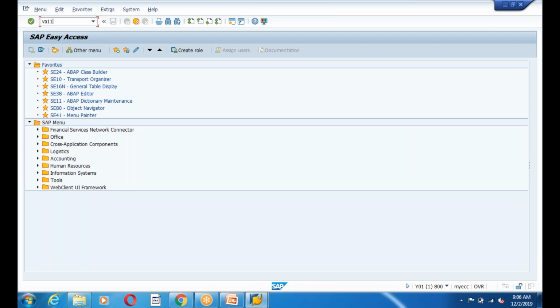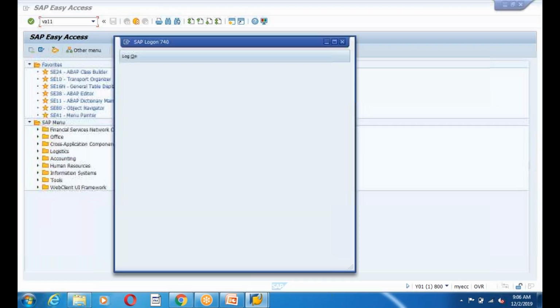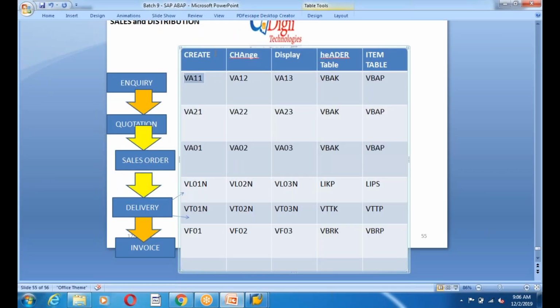This is a transaction code, guys. These three are transaction codes, T codes. Application is nothing but a T code, guys. Every application is in a transaction code.